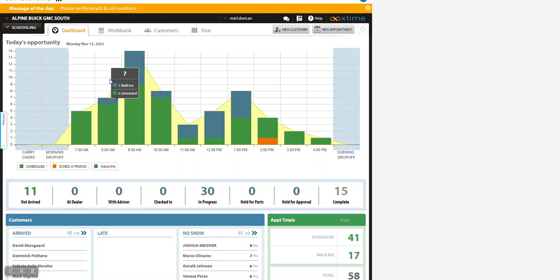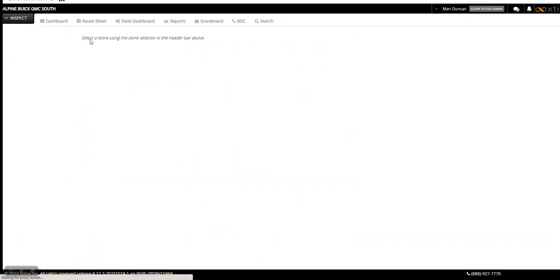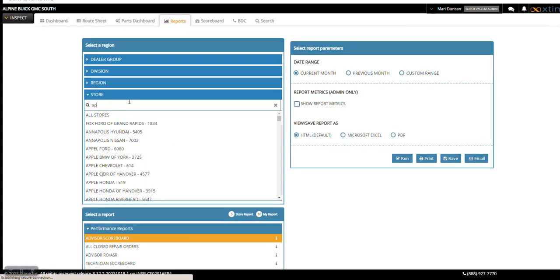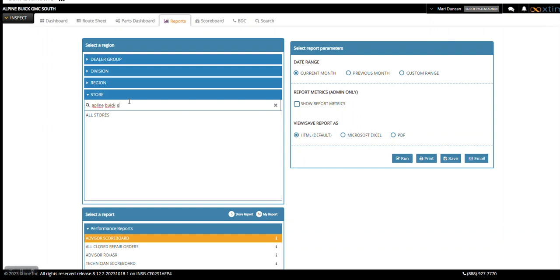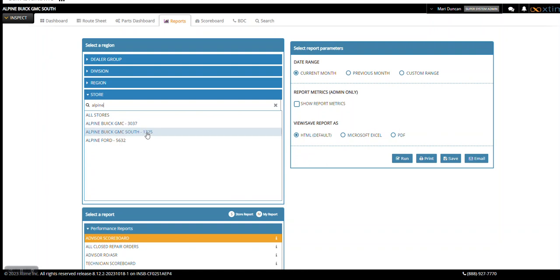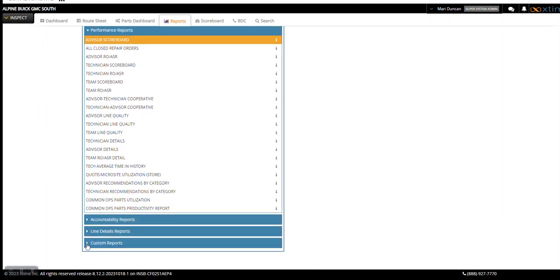I thought it would just be easier to shoot this video for you instead of trying to explain this in an email. So from scheduling, you want to go down here to inspect. When you're in inspect, you want to go to reports. I have to type in your store. Then you want to come down here to custom reports